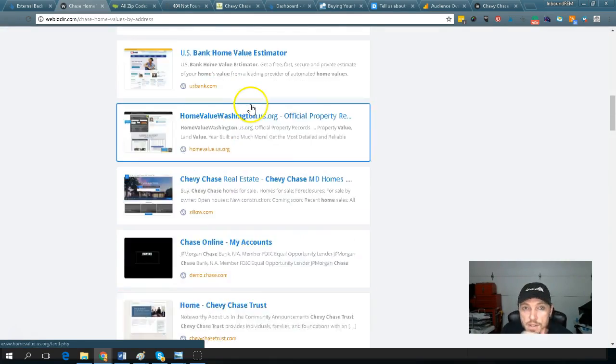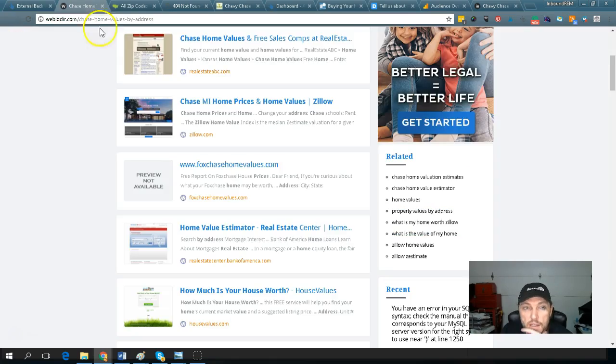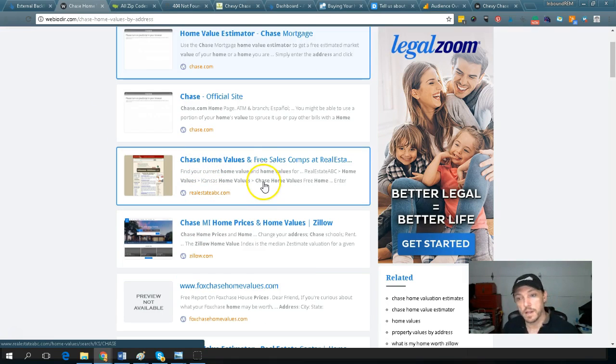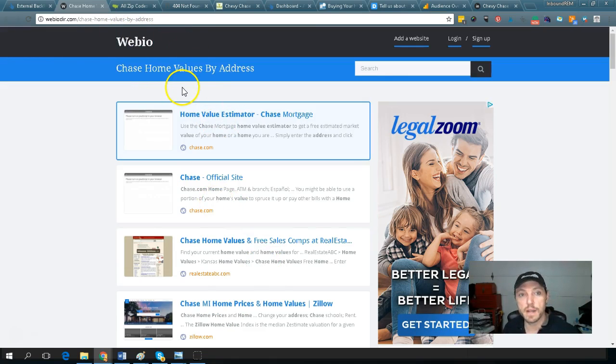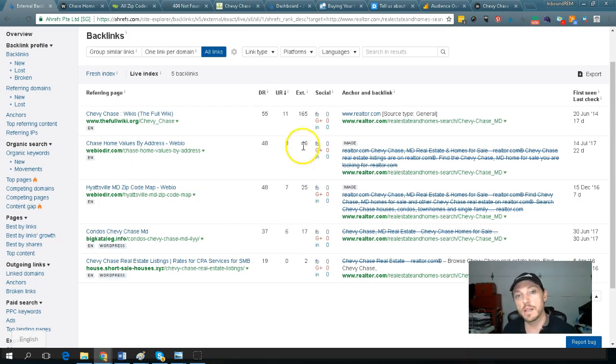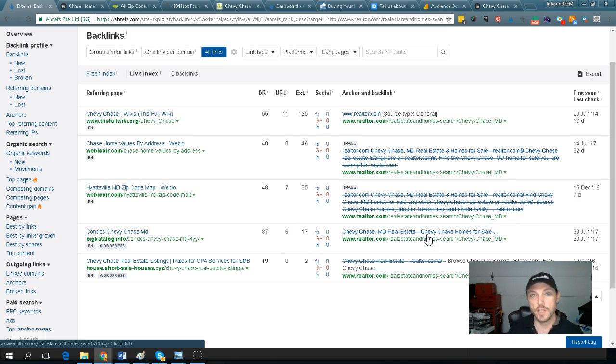So this is one of the backlinks, and these big websites like Realtor.com get a lot of these what are called data aggregators that send in links to their site. The funny thing is that this is WeBio, and there is a lot of confusion between Chevy Chase the actor and Chevy Chase the homes. So it was a little bit of a muddy example, and I apologize for that, but nonetheless, hopefully you've gotten the understanding that a backlink is a website that has placed the website address of another website into its own pages. And depending on the strength of the page that has that website address, it increases the value of the page that it's pointed to.